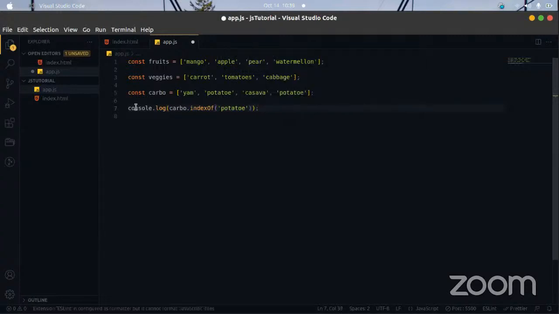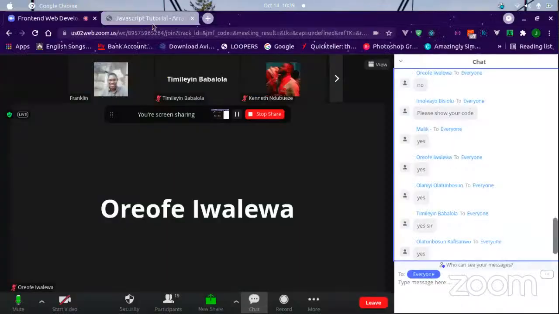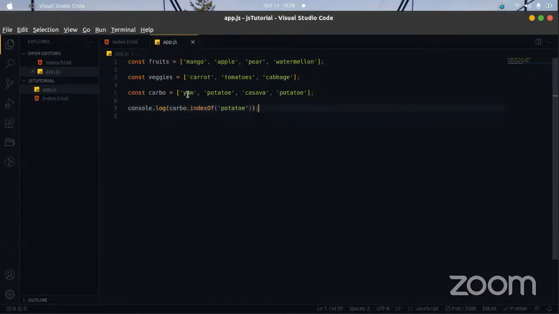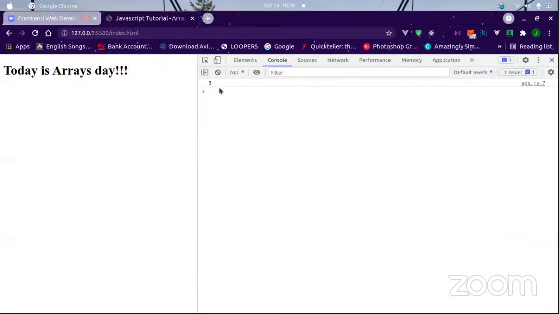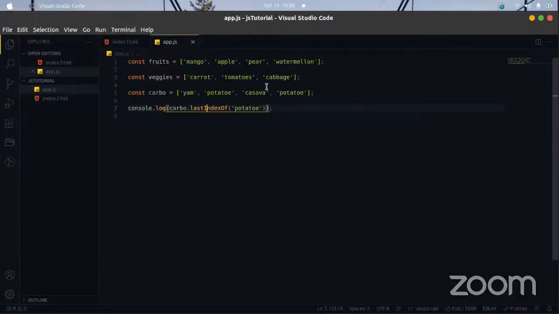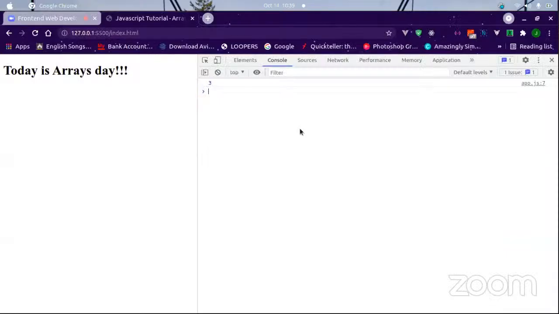Now if we do this, it's going to show us 1, which is 0, 1. That's where potato is. But if we wanted to check the lastIndexOf potato, that's more like seeing where potato actually appeared last in this array. So lastIndexOf, save this, we get 3, which is the last. So that's what lastIndexOf is used for.